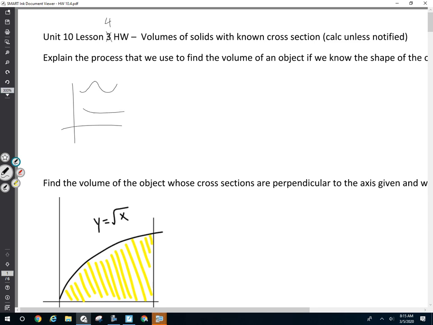Here's a region, and we're going to place objects on this region. So, like, you could place squares coming out of the region. You could place semicircles coming out of the region. And they're not just like squares, they're not two-dimensional objects, they're three-dimensional because it has a very skinny width. So what we're going to do is we're just going to take an infinite sum